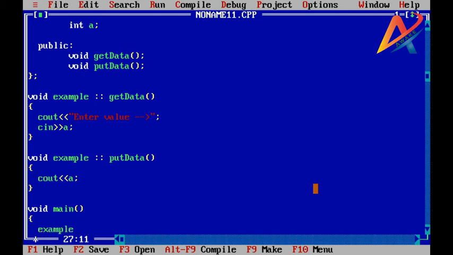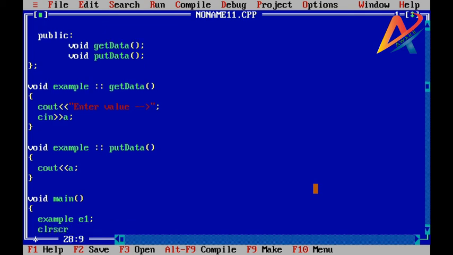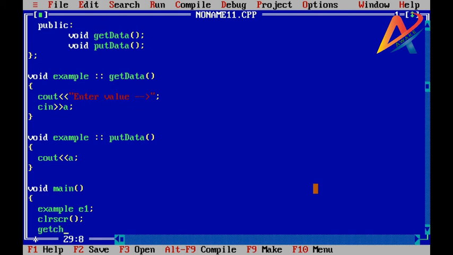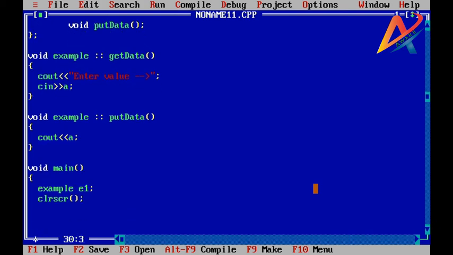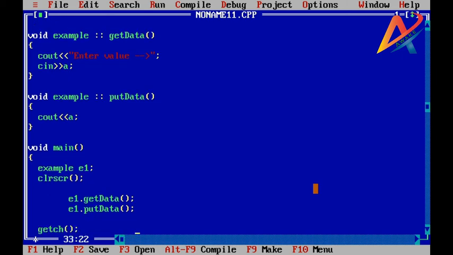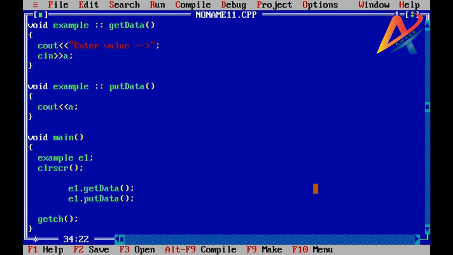Here void main function. Into the main, object of example class is e1, clear screen and getch. Through e1, first we are calling the getdata function to take some input from the user, and after that we are calling the putdata function for the output. To run this program, press Ctrl F9.